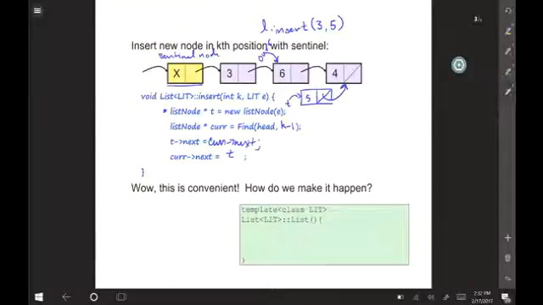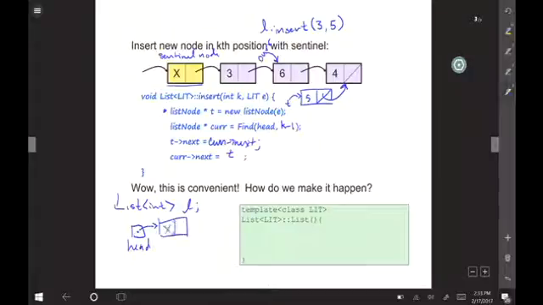All right. So how do we make this happen? What do we deploy to make this happen? It's the list constructor. So that when we say list, I guess in this case it's int L, we want to set it up so that memory looks like this. So this thing is called head, and it has a node whose value we don't care about. There's an empty list. That is the sentinel node.